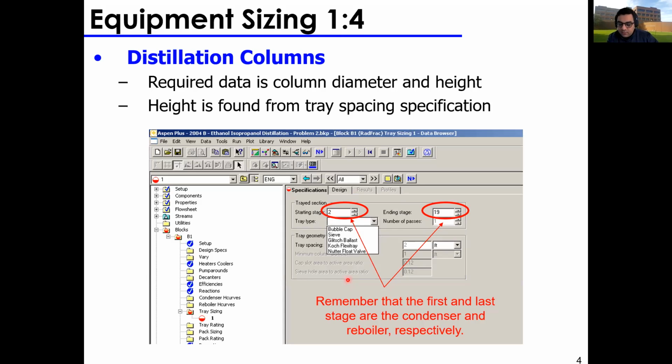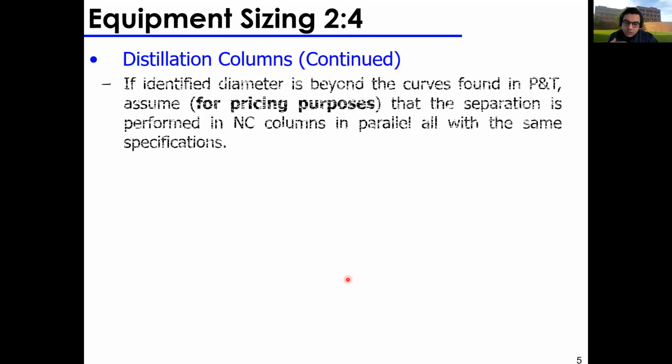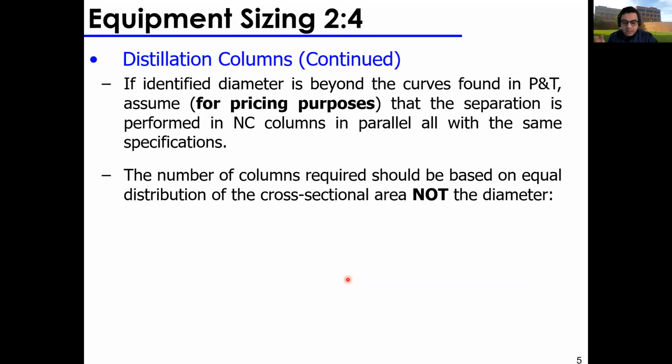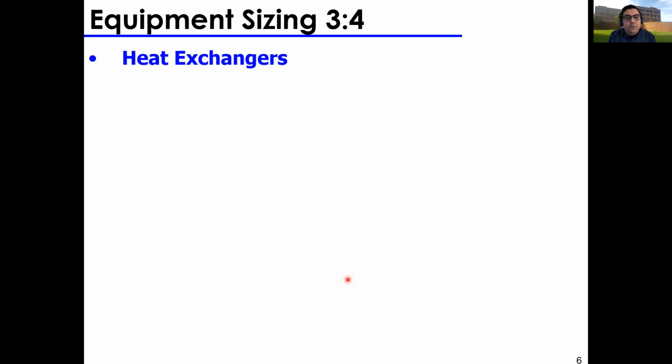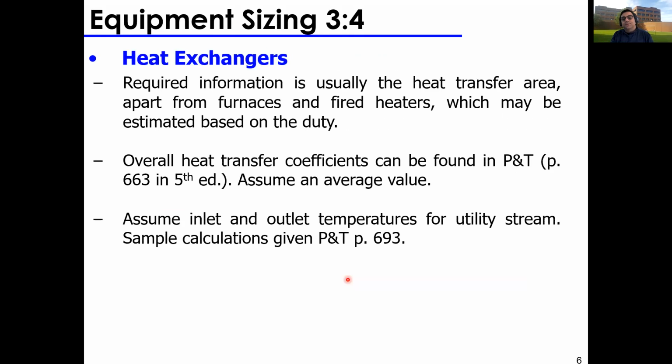Get your column height, and then you look for an equation to get the column diameter. Once you have the height and the diameter, you get the column volume or the vessel volume by assuming it's a cylinder, and this is the parameter we're going to use to determine the capital cost. Okay. When it comes to heat exchangers, the most important parameter is the heat transfer area,